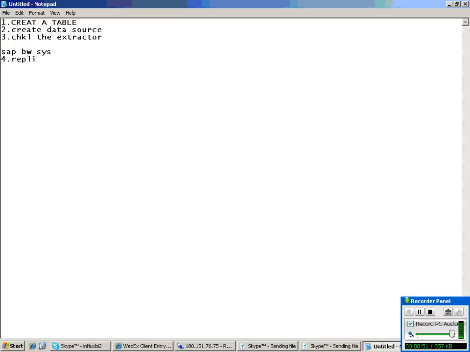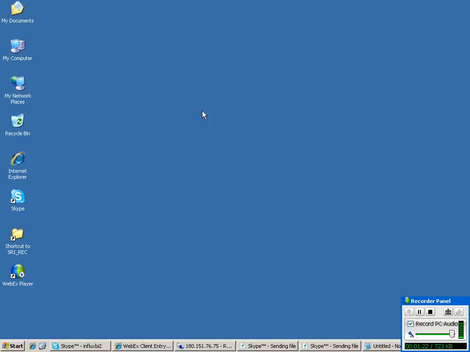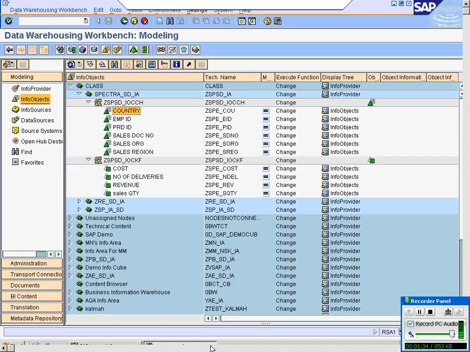What to do? Replicate the data source, then info source, then done, right? So we are supposed to create the data source.